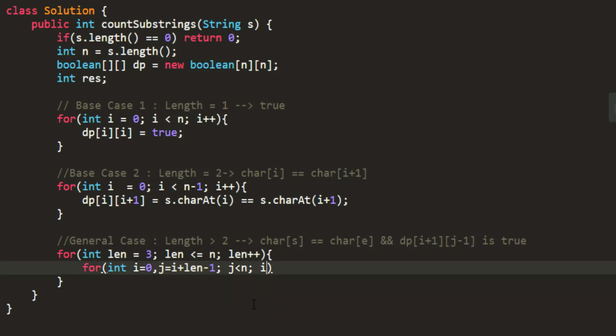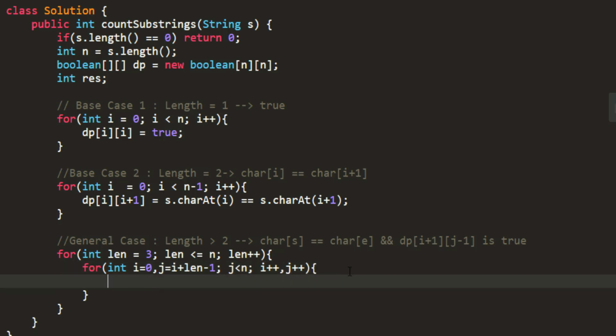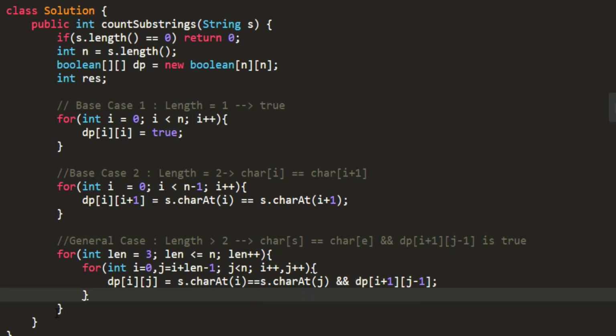And I'll do a I plus plus and j plus plus. So over here my dp of I and j would be equal to this particular condition. So that means if my start and end are equal and the middle one is also a palindrome.